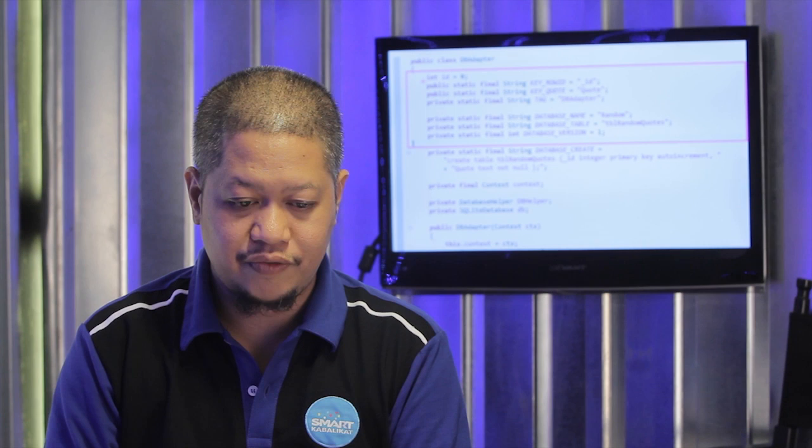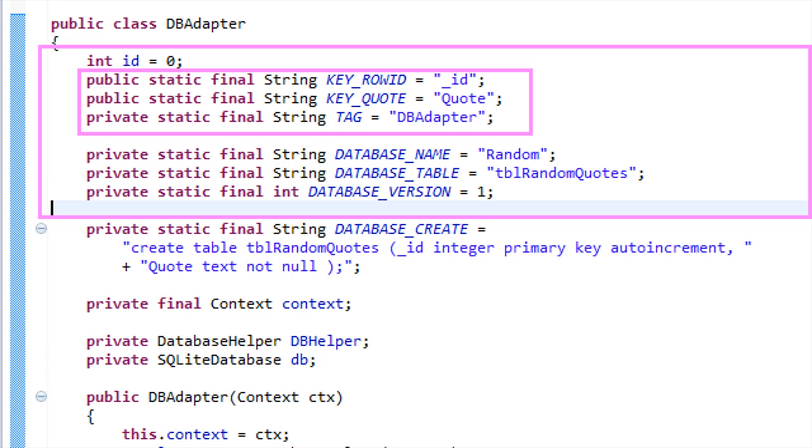With our first variables, you'll see that I named two constants, key row ID and key quote, with the text ID and quote. This represents the columns on my database table.